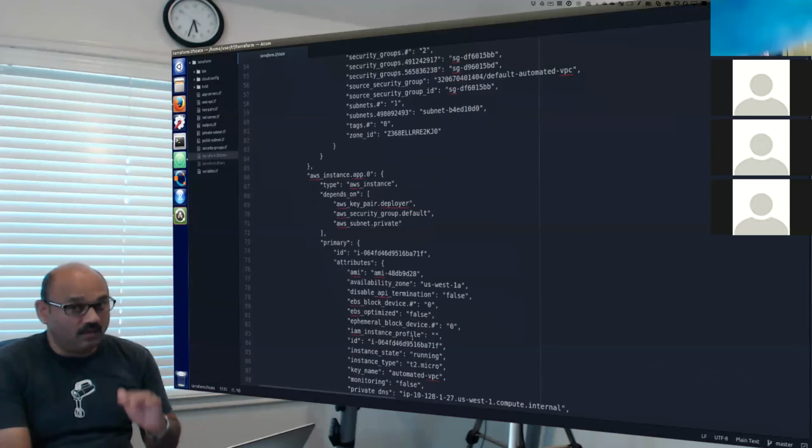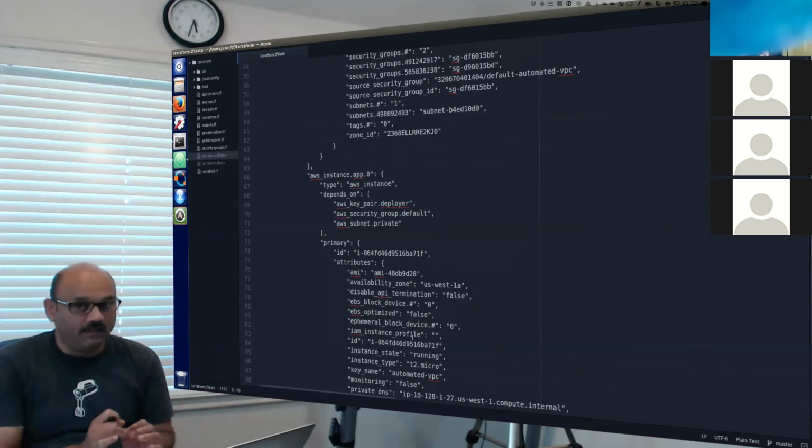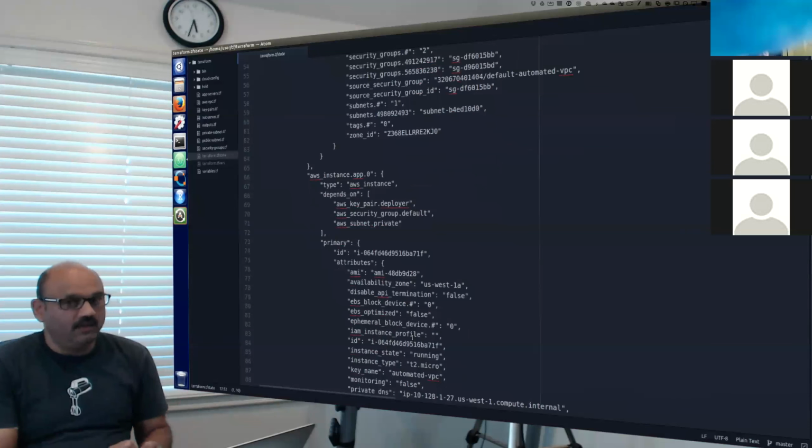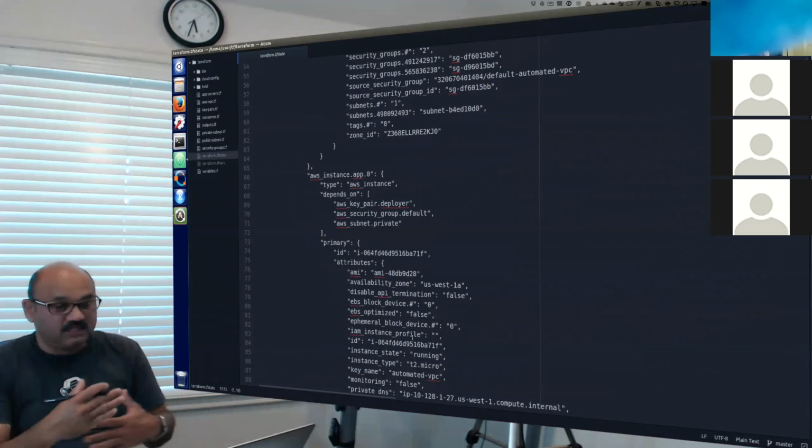Now we'll go deeper and understand how to do it, how to modify it. I think if I just show you Terraform to begin with, it becomes easy to then begin from this beginning point and make changes as you go along.